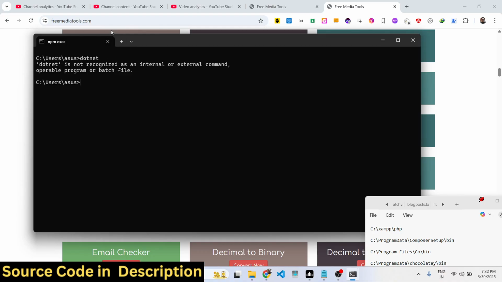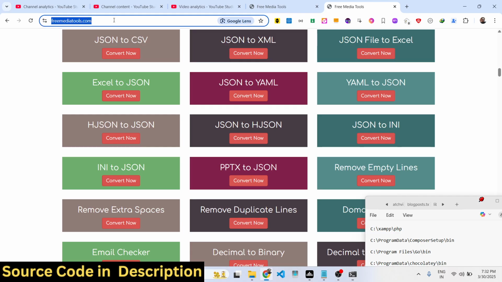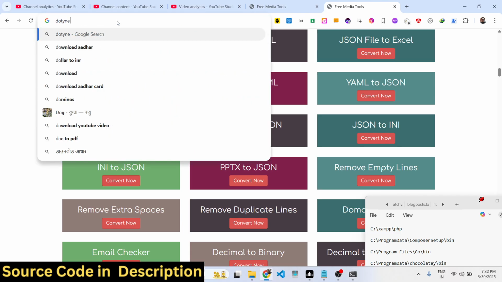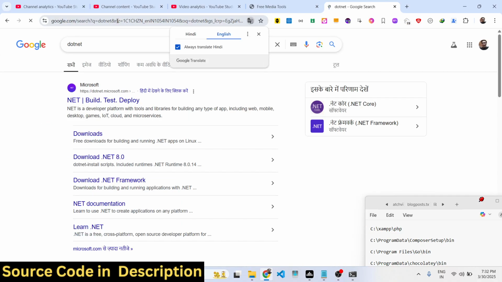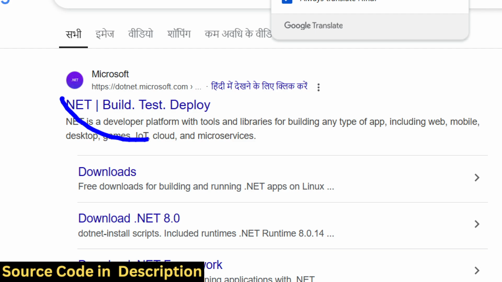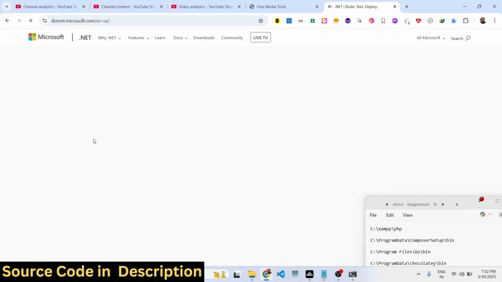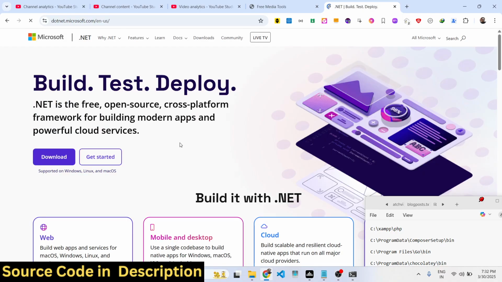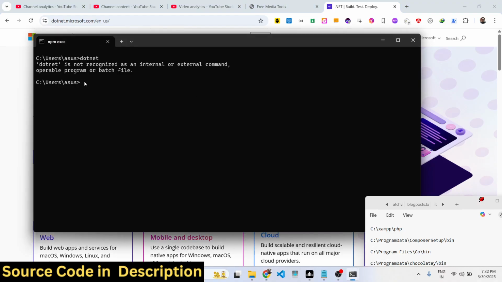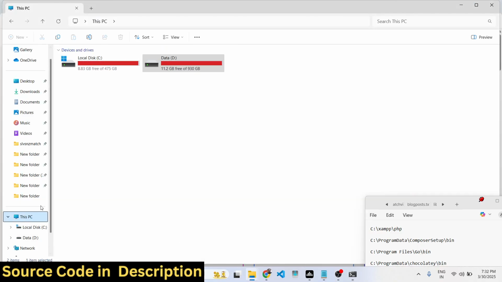So I'm assuming that you have installed .NET inside your system. If you haven't installed it, then you should definitely go to the website and download .NET. But if it is installed, but you can't access it in the terminal, then by default .NET is